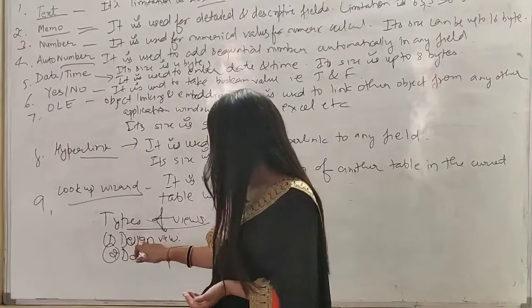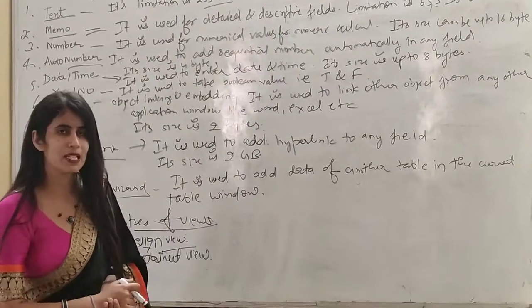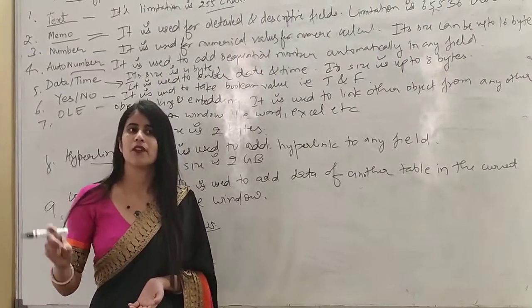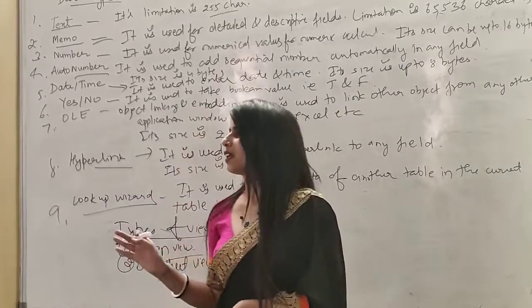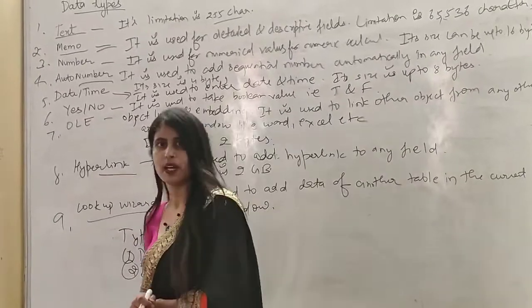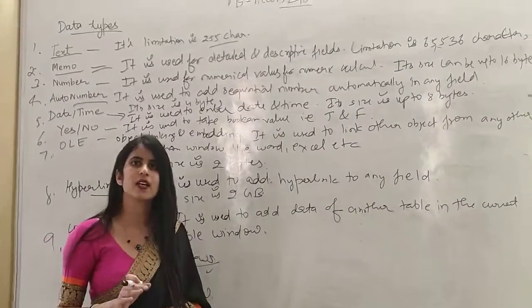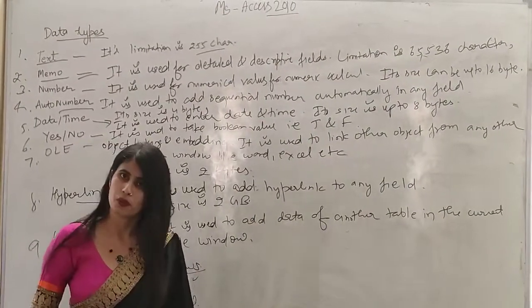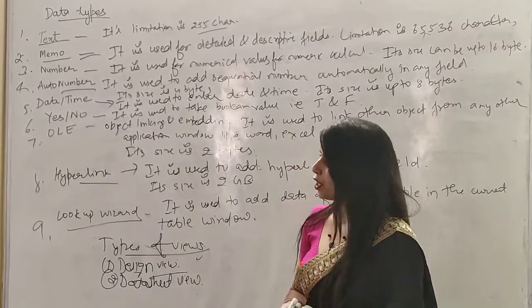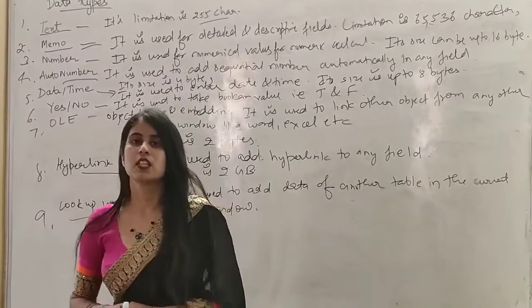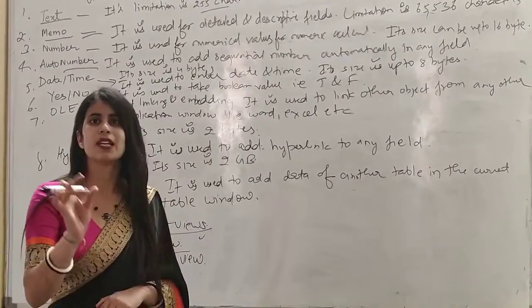So in design view the fields and records are visible. Fields and records means rows and the column that we have created for any table that are visible there. So fields and records are visible in design view and we can make any kind of changes in the records by the help of design view. Okay, next one is data sheet view. What is data sheet view? In data sheet view the records are not visible. Only fields are visible. So you can see there only the field.